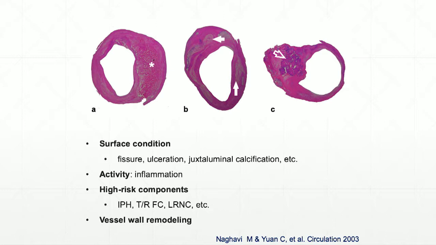If you look at what's of interest from imaging's point of view, this is the consensus of this community. We want to look at whether the surface is ruptured, whether there are fissures, ulcerations, or juxtaluminal calcification, and whether the plaque is inflamed. The third is whether we can detect high-risk components such as intraplaque hemorrhage and lipid-rich necrotic core and so on. And the last one is so-called vessel remodeling, meaning the vessel may maintain its lumen size while developing a plaque at the same time,